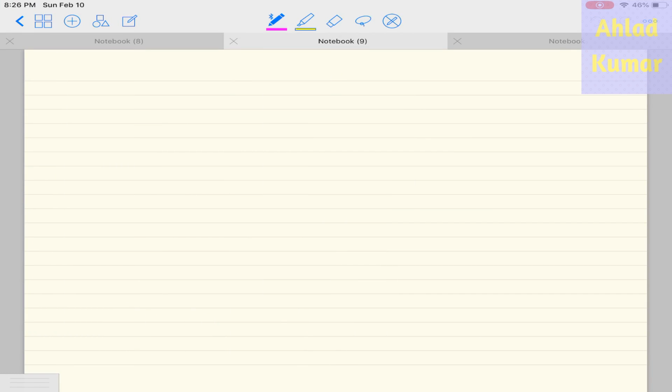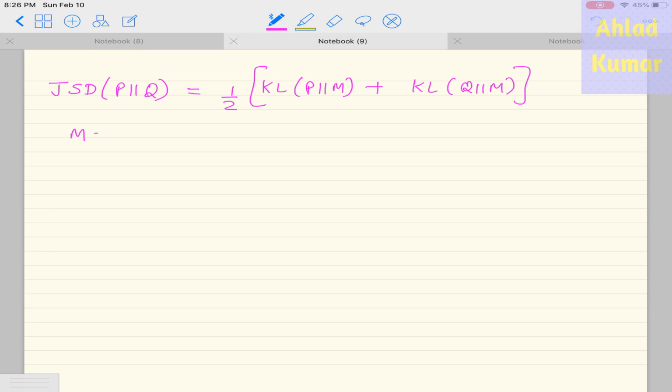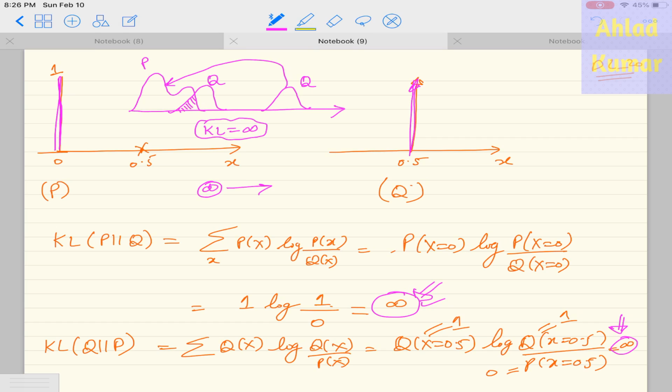What is the Jensen-Shannon divergence? In short, we call it JSD. It is basically defined between two probability distributions P and Q, and it is equal to half KL divergence between P and M plus half KL divergence between Q and M, where M is basically the average of these two distributions. So in this situation, if we consider our PDFs which we have just shown over here,